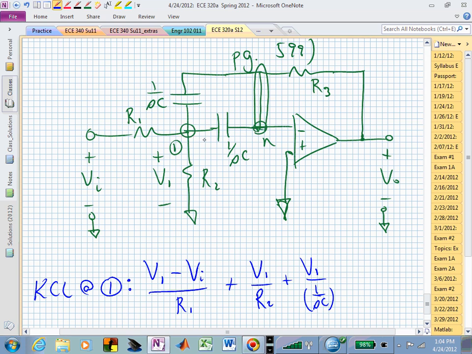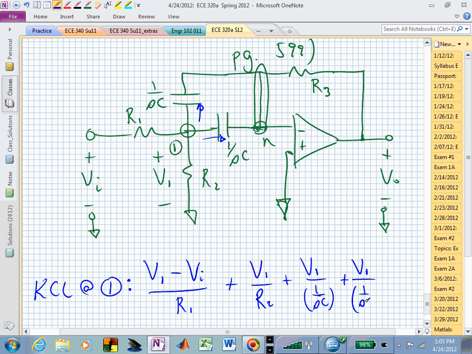So let's just say that's this one going in that direction, and that's connected to ground virtually through the op amp, because I'm now with a negative feedback configuration. I'm feeding the output back into the inverting terminal of my op amp, and now I could look at this current, which is